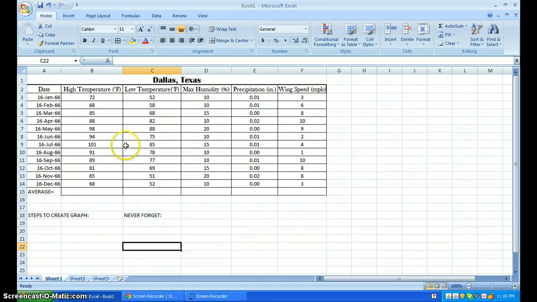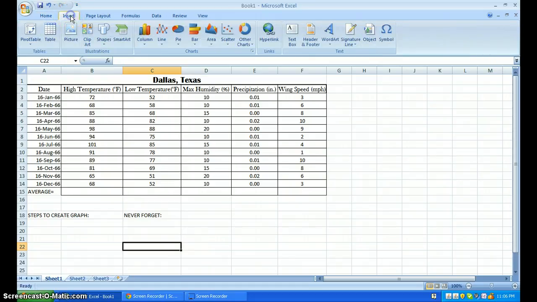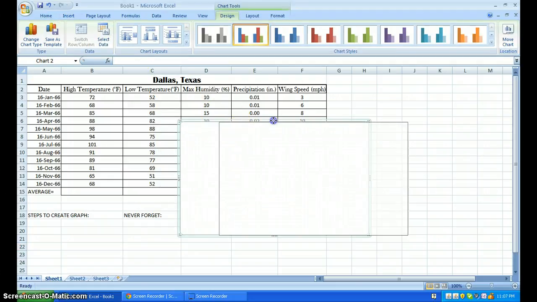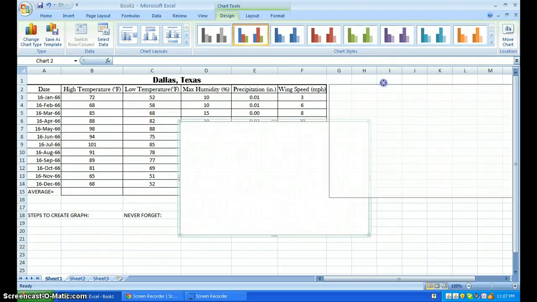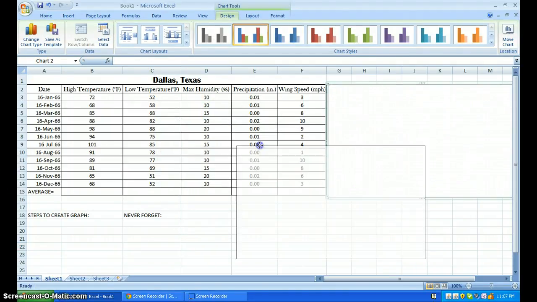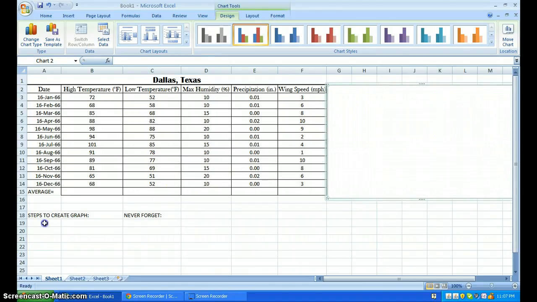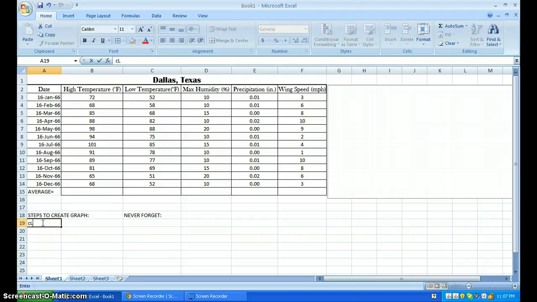So the first thing you must do in order to insert a chart is go ahead and go to the Insert menu. Click on the kind of graph that you want, and column here would be like our bar graph. Just click on whichever one you feel is appropriate based on the data that you have. I'm going to go with the first one. Then it's going to give you basically a blank graph paper. You can move it around, you can leave it wherever you like. Eventually you'll fix them. So first thing to do, steps to create a graph, is click on Insert and select